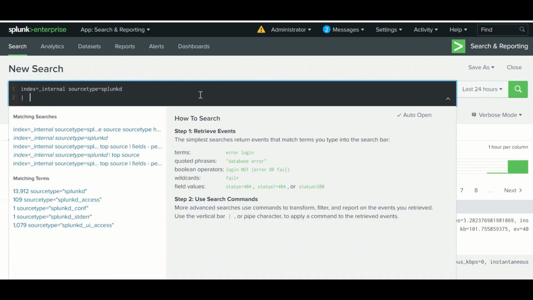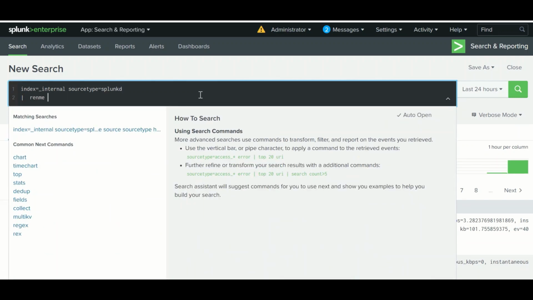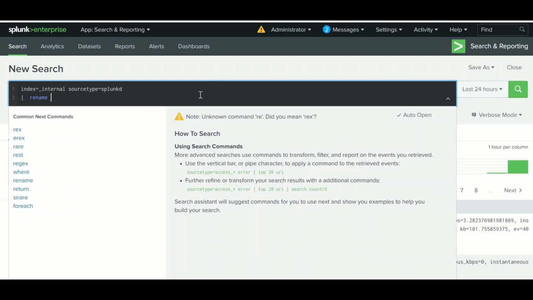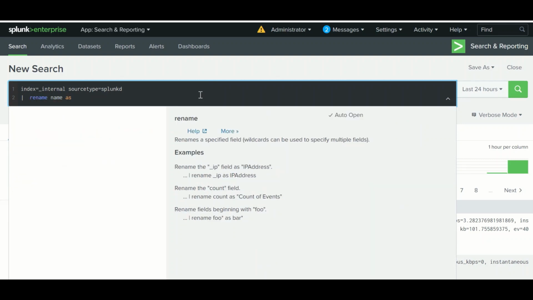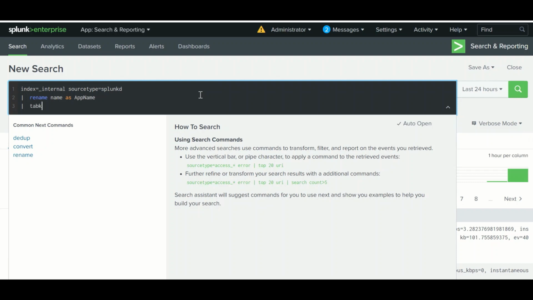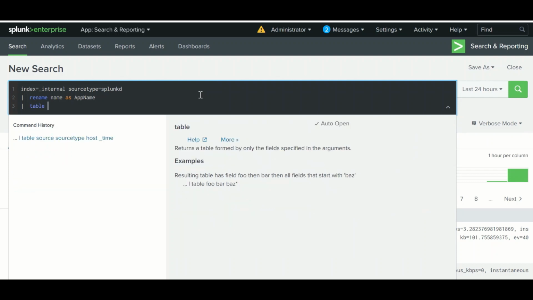I can write simply rename name as app name, and table app name and time.